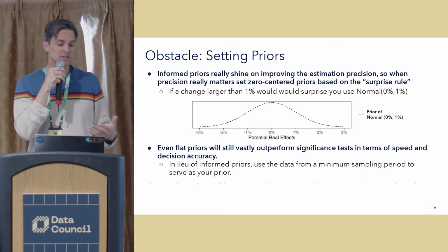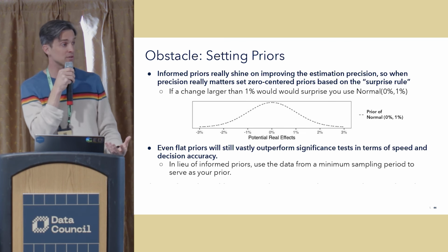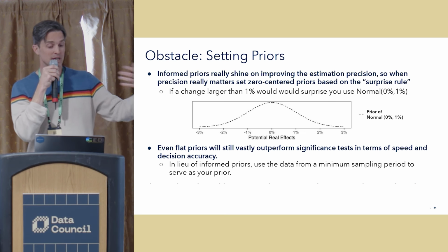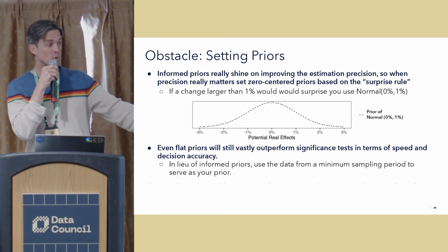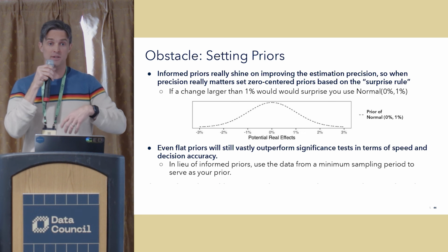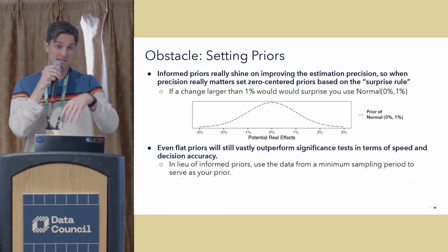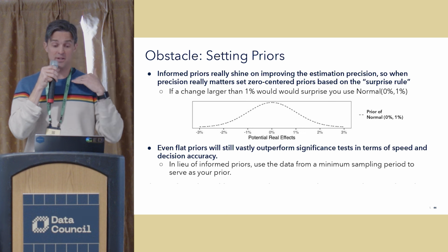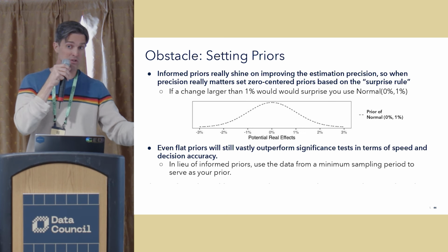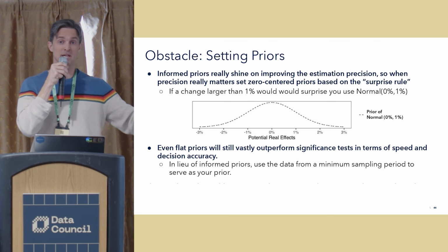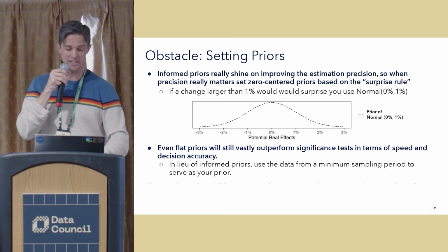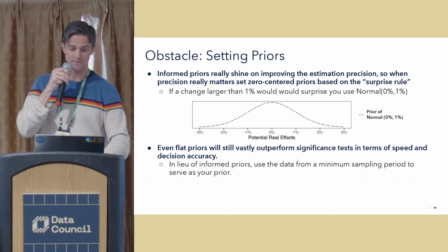Again, all of these things are changes within your organization. You want to roll these out gradually. We found that releasing this with flat priors combined with a minimum sampling period was a great way to get broad adoption. And then later, we've started introducing informed priors for those really critical estimates. But your decision accuracy is not going to suffer from the flat prior, just your estimation precision. So you'll make the right choice, you'll just probably overestimate initially how much benefit it's bringing. But again, the proof's in the pudding. Just run simulations in your business conditions and see for yourself.